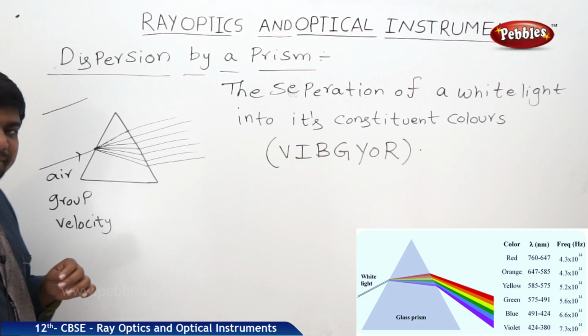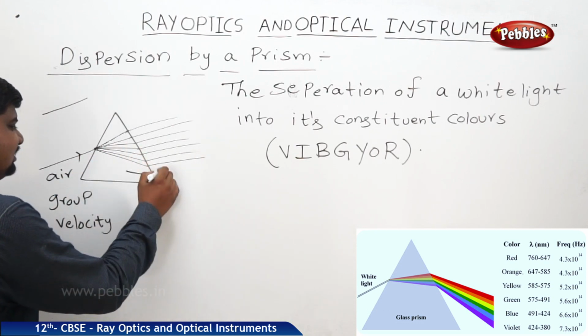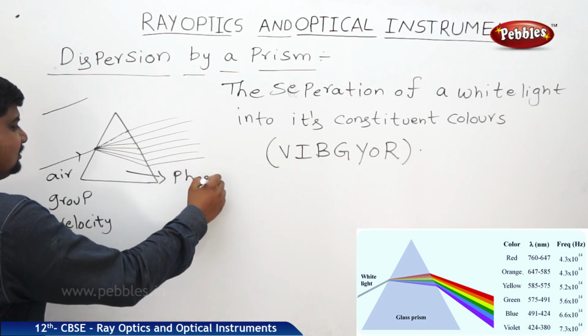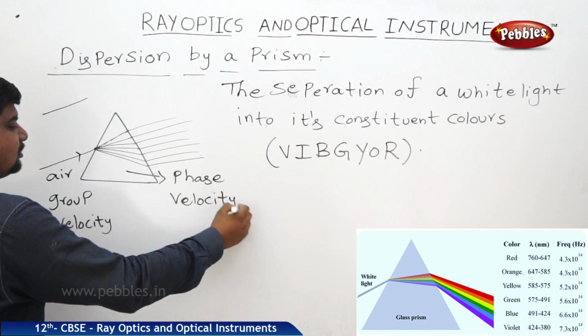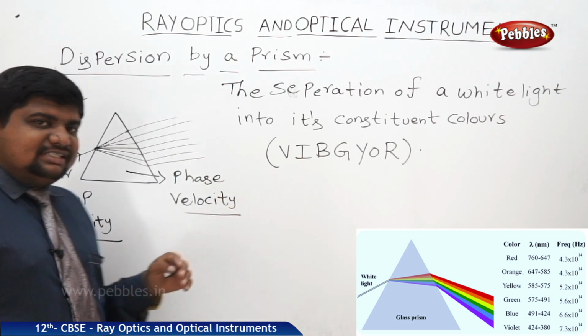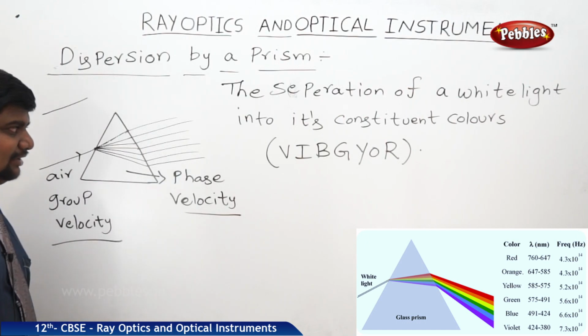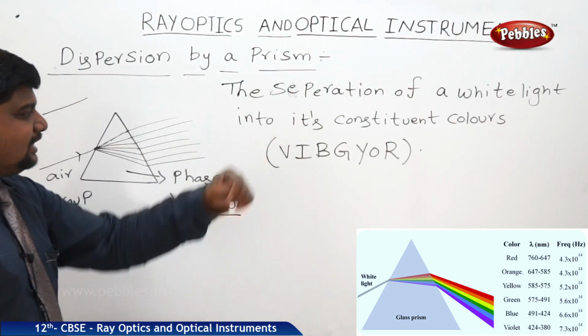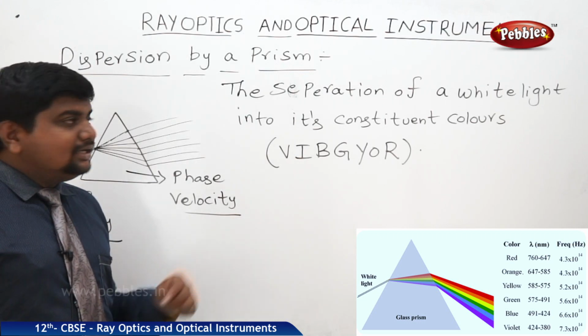Whenever it collides with the obstacle medium, they go into different phases. The velocity inside the denser medium is called phase velocity. This concept is derived well in MSc Physics and MSc Electronics, and the relationship between these two is also derived in future. So this is the simple example of the VIBGYOR and dispersion.